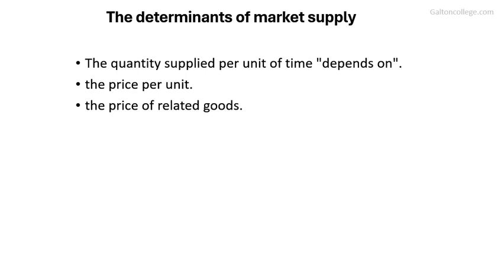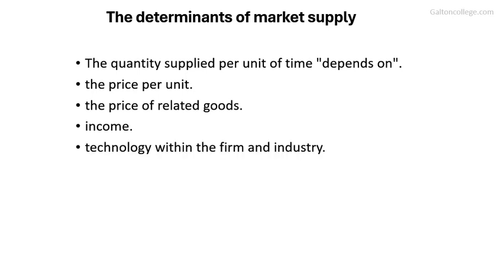It depends on how much income the consumers have to spend. What's the average income in the society? What are the competitor prices like? There are many factors, and we'll go through these when we talk about supply more fully in a later class. Clearly, income. If the purchasers don't have enough income, they're not going to buy it. So the amount supplied in the market will depend on consumer income.